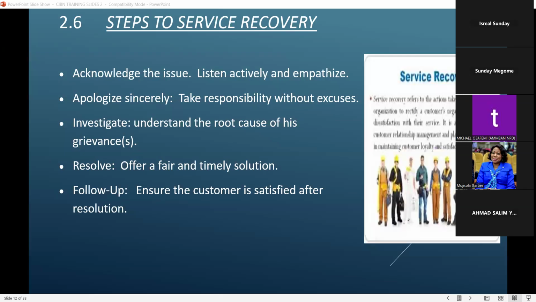Two, apologize sincerely. Take responsibility without excuse. As business people, we should drop our pride, drop our ego. We should drop our ego. We should never